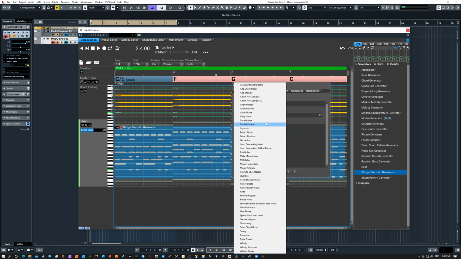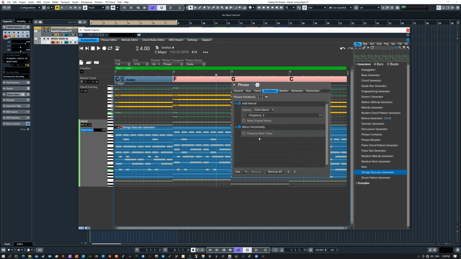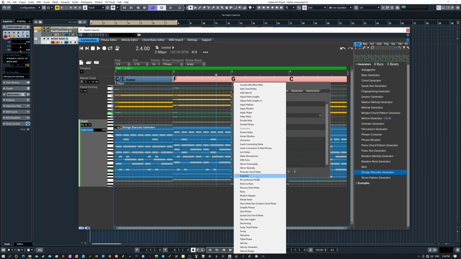So another thing you can do is humanize it really quickly. A lot of these are really neat. You can mirror it horizontally or vertically. But there are some in here that I'm going to do some videos on, that allowed me to create some unbelievably musical ideas for strings, and to have variations on that which were also just as good or better, and just keep going and going. And so, yeah, they're not just,